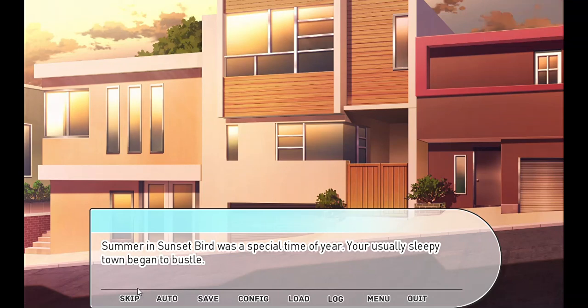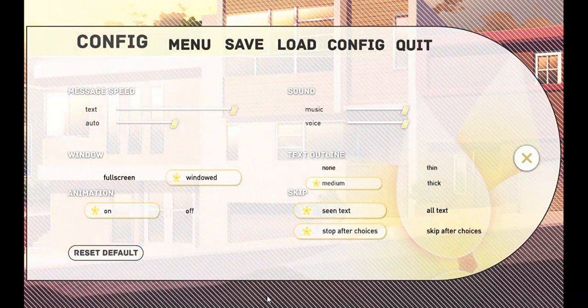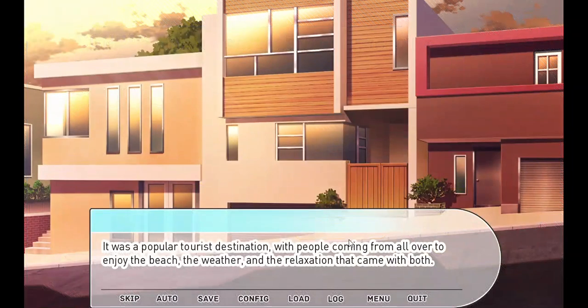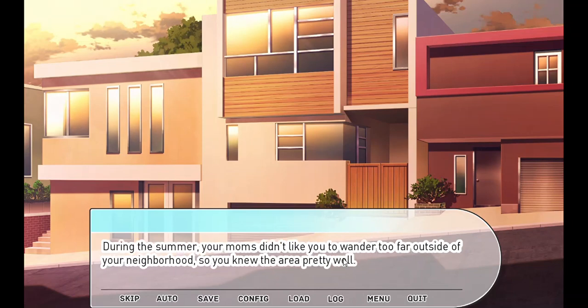Summer in Sunset Bird was a special time of year. Your usual sleepy town began to bustle. It was a popular tourist destination with people coming from all over to enjoy the beach, the weather, and the relaxation that came with both. The smell of the ocean, crisp and salty, hung in the air, bringing 3 whole months of school-less vacations with it. During the summer, your mom's gay mothers